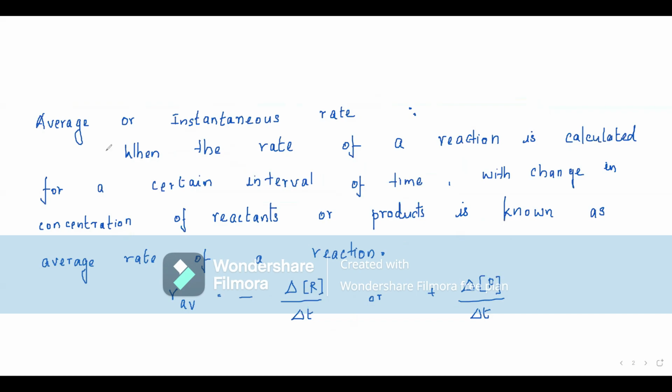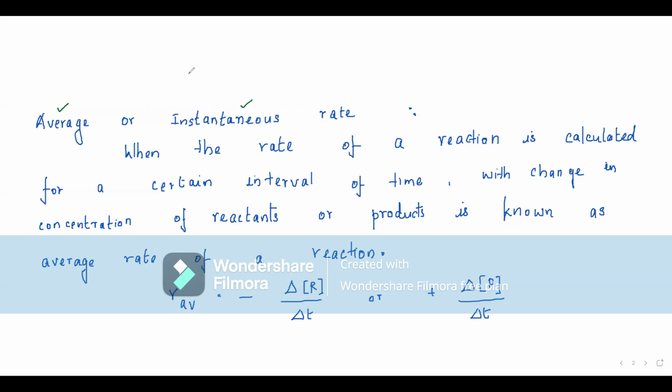Now, the rate of a reaction can be expressed in two different ways. One is average rate of reaction. The other one is instantaneous rate of a reaction. Now, average rate of a reaction is